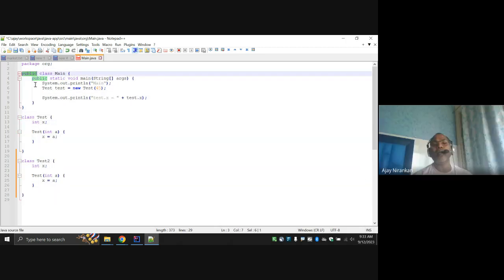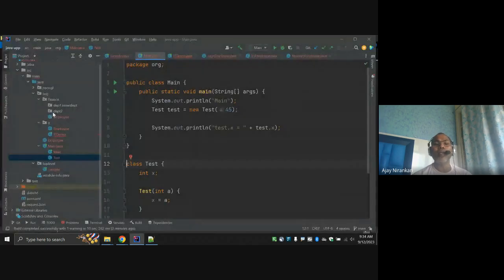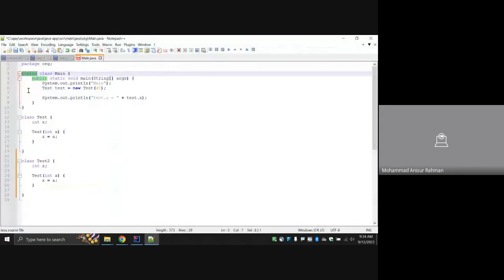Due to that, whatever the public class's name is, the same name we are going to give to the saved file. Notice, what is the file name of this? File name is main. Why main? Because main is the public. If I remove this public